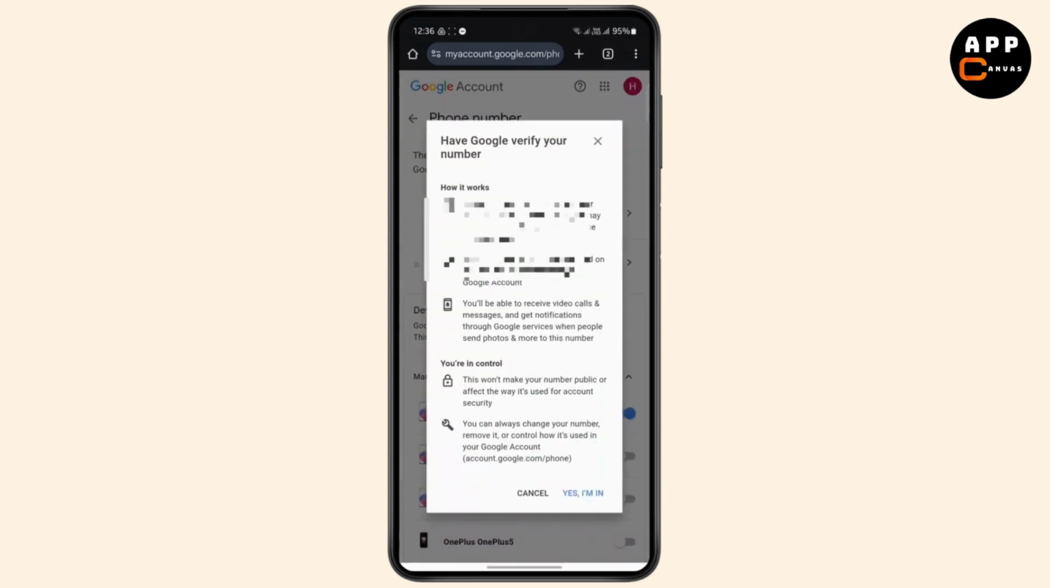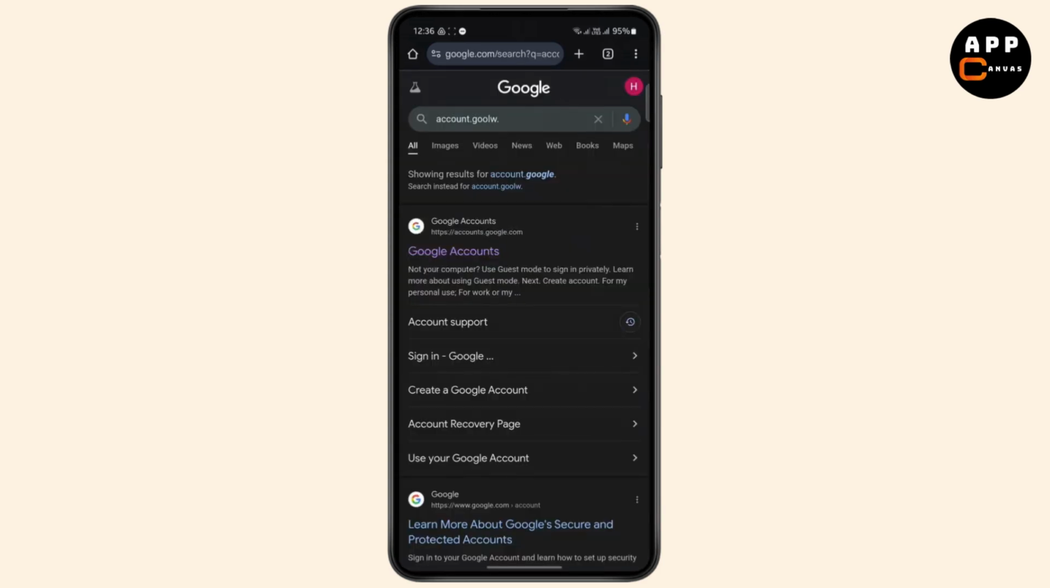You can just turn it on and tap in yes, I'm in, and follow the steps so that you will be able to use your phone as